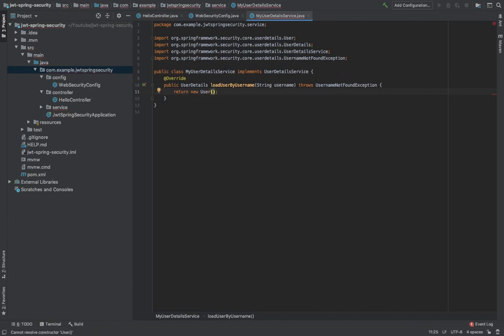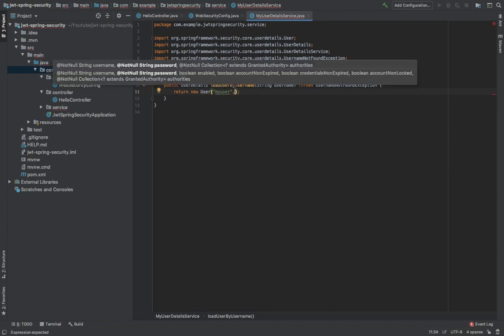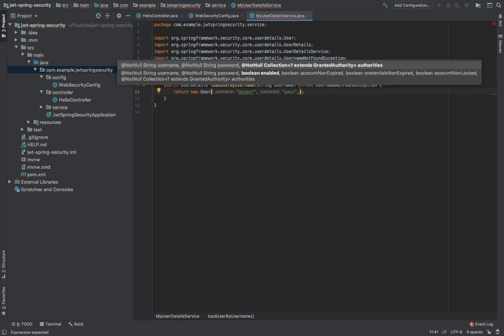This User constructor takes three parameters. First one is username. I am going to name it myuser. Second parameter is the user password, and third parameter is the list of authorities. So I'm not going to use any authority here.